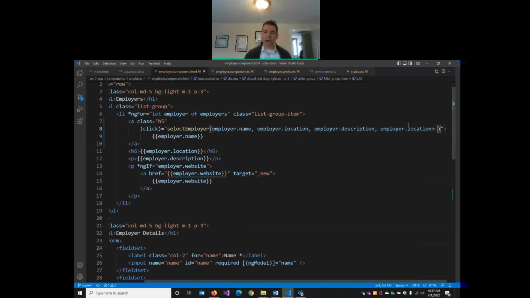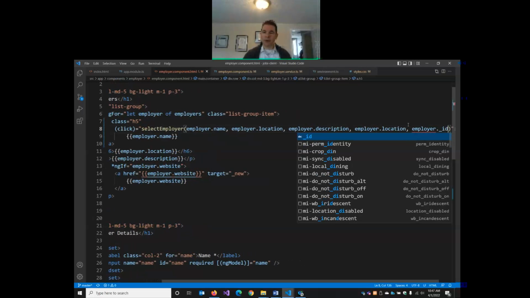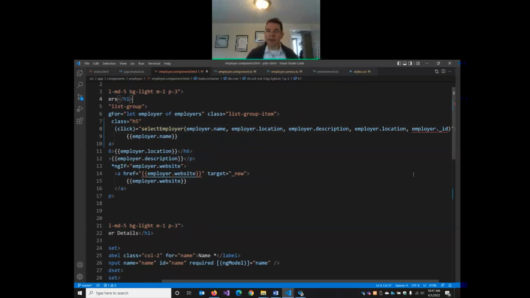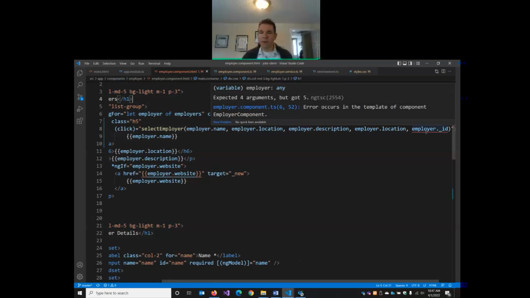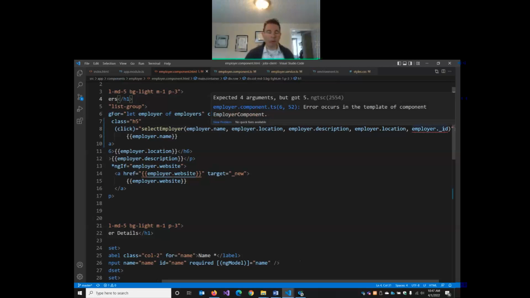So we're also going to say employer._ID. And this throws an error because our method in our component is only expecting the first 4 parameters. It's not expecting an ID. So we're going to have to add this 5th parameter here as well. So on our click where we're calling select employer,